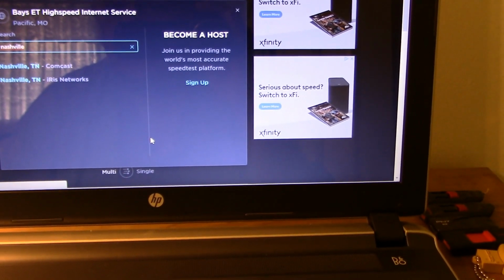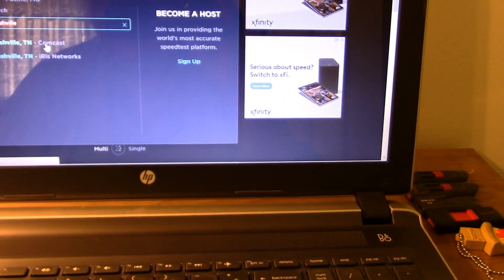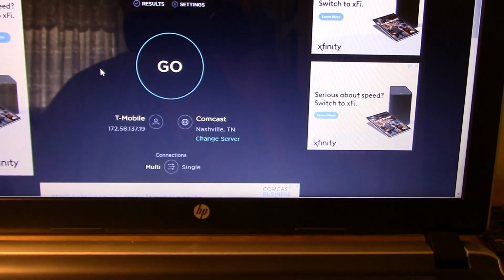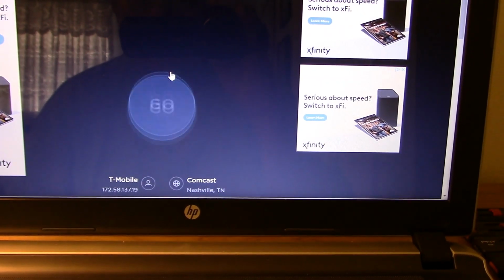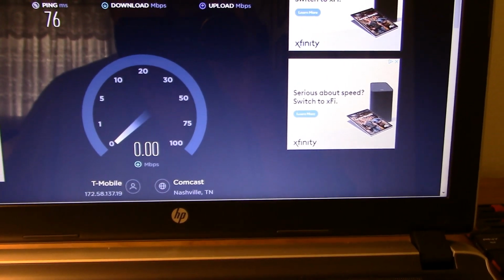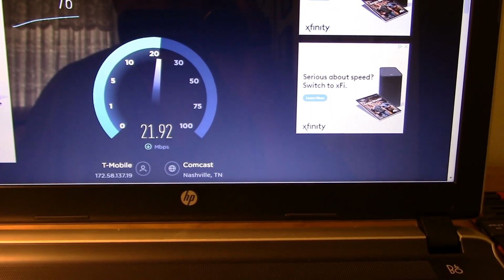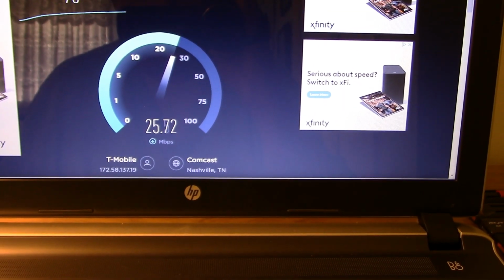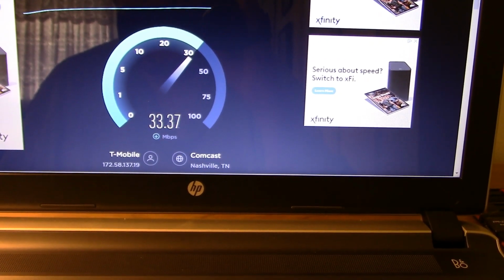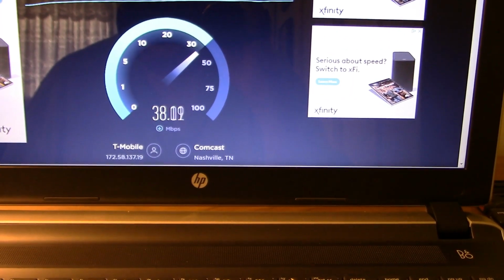Nashville, Tennessee. I'm going to click on Comcast, because when you do a test, you want to do it from the last mile. That is where the most congestion is. I'm going to click go and see where this is going in speed. This is a 4G LTE. It has 9 frequency bands. Those of Sprint, those of T-Mobile, and it overlays Verizon and AT&T,